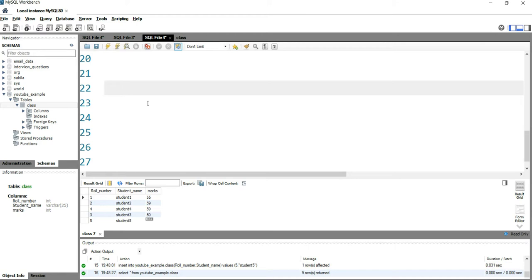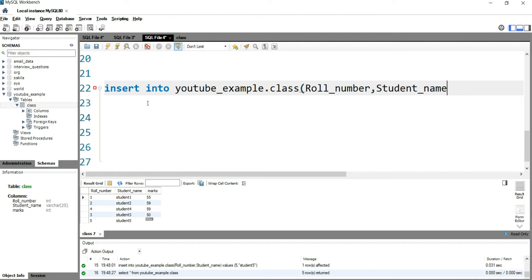Okay, so let's go to the first way of doing it. We can write insert into our database name, which is YouTube example dot our table name, which is class. Now we have to put column names here: roll_number, student_name, and our last column is marks.